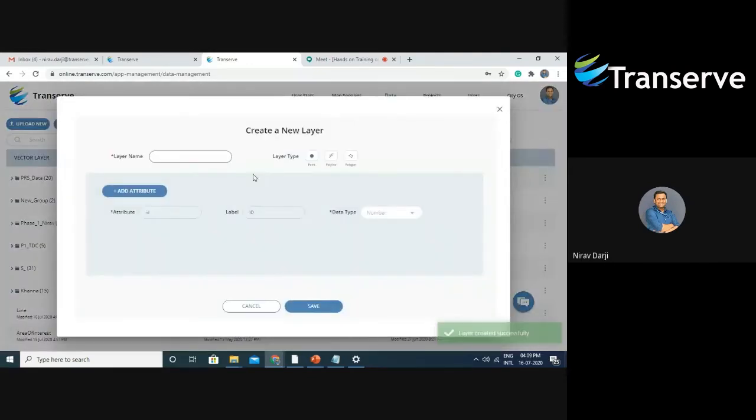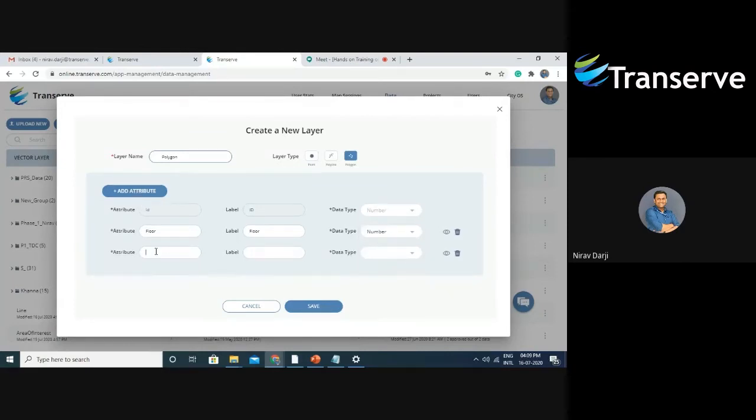So I have created one line feature now. Next, I'm going to create one more layer. It is just to show you the capacity of the application, so I'm going to randomly put some attributes to show you how the software works.